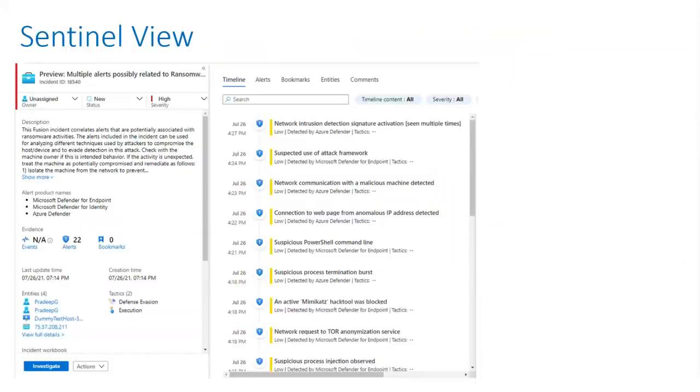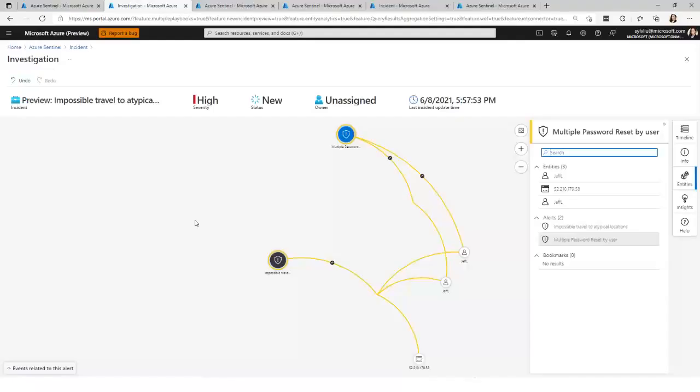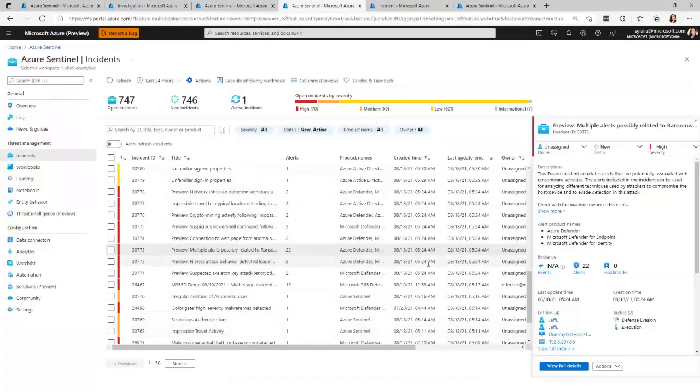So here is a screenshot from the Azure Sentinel demo workspace. In this Fusion incident, we have 22 alerts. It correlates low severity signals that were detected around the same time frame. All the alerts were triggered on July 26th, the same day, that shows you a possible ransomware attack and the different techniques used by the attackers. Now let me quickly show you the incident in the real Azure Sentinel environment.